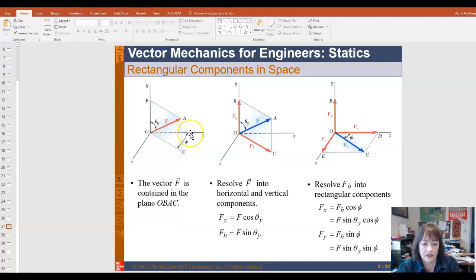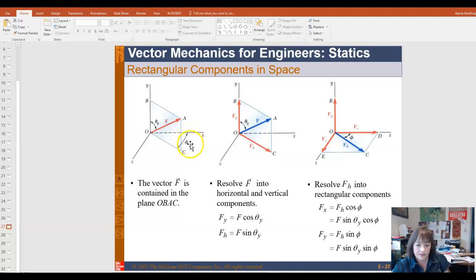And then we turn it along an angle phi to get to an axis. So this angle would be phi, and the angle from here to here would be phi minus 90. The angle from here to here would be theta minus 90. So in general, we use theta to talk about the angle we make with an axis, and phi to talk about the 2-dimensional component of a 3-dimensional force and the angle that it